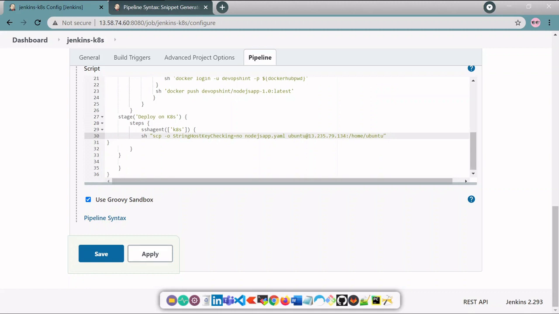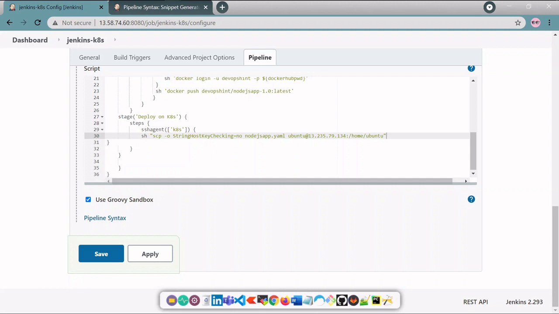So this command will simply copy our Node.js app.yml file to the cluster in this location. And the strict host key checking I declared because we are connecting Jenkins with Kubernetes for the first time, so it will give a prompt. That's why I just declared it.